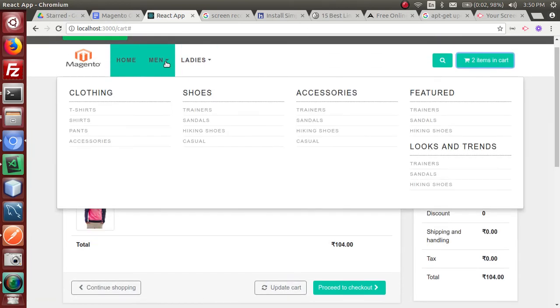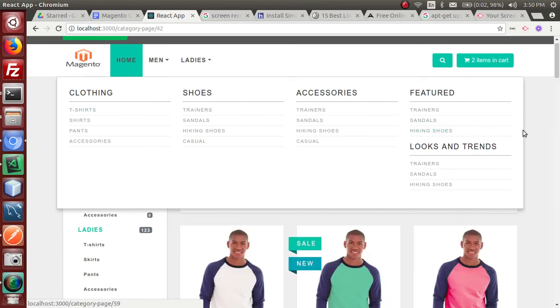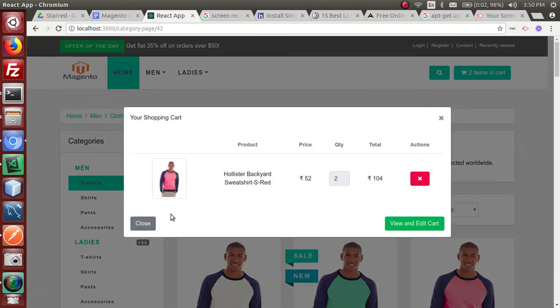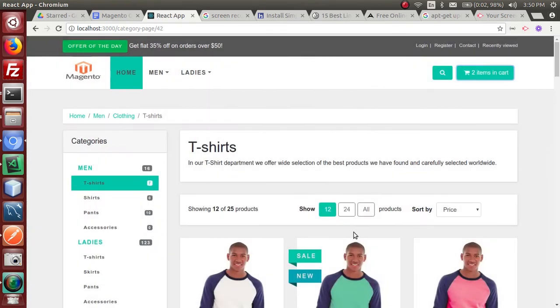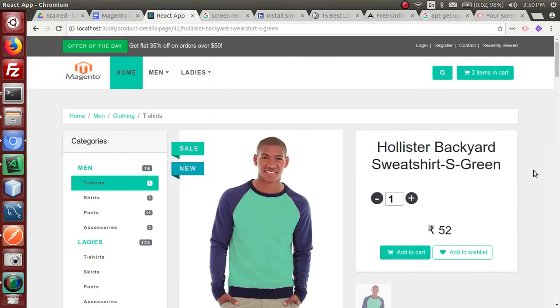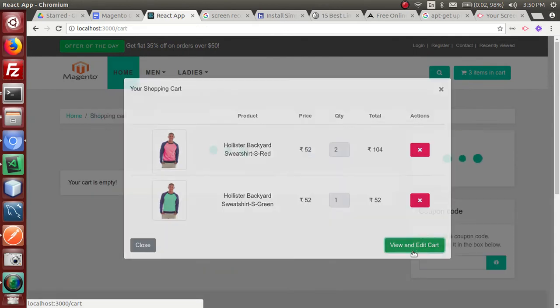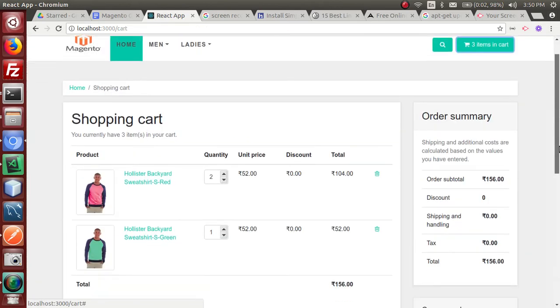So let's add one more item. This one is already in the cart. I am going to add this one, add to cart. 3 items. Go to the cart detail page.